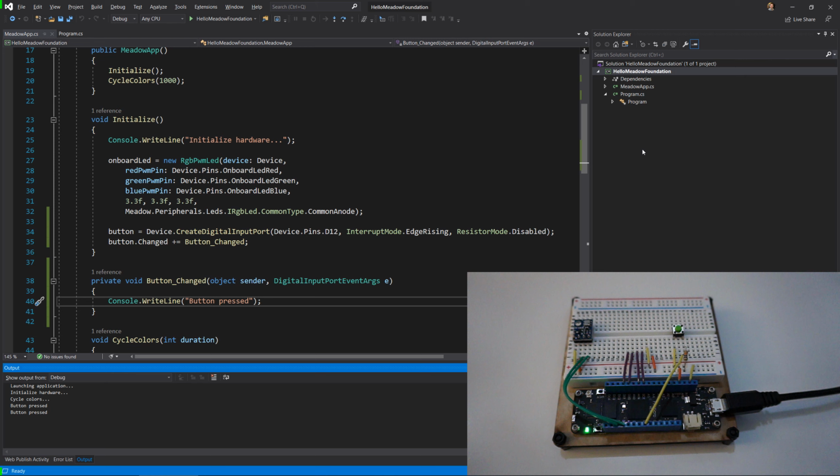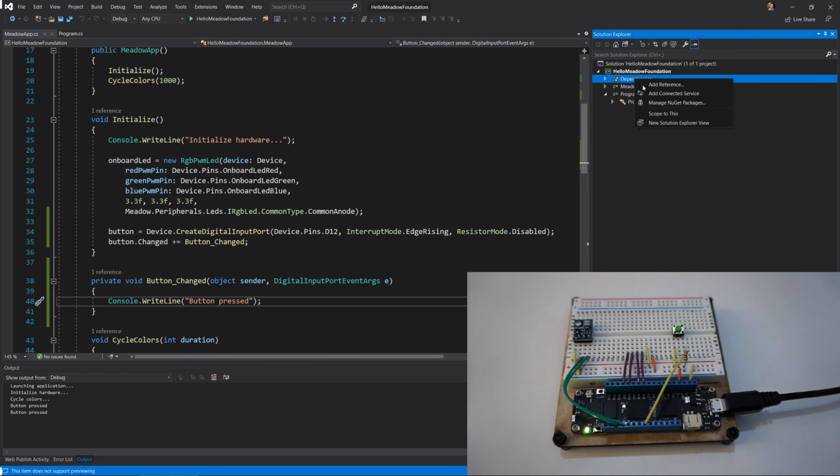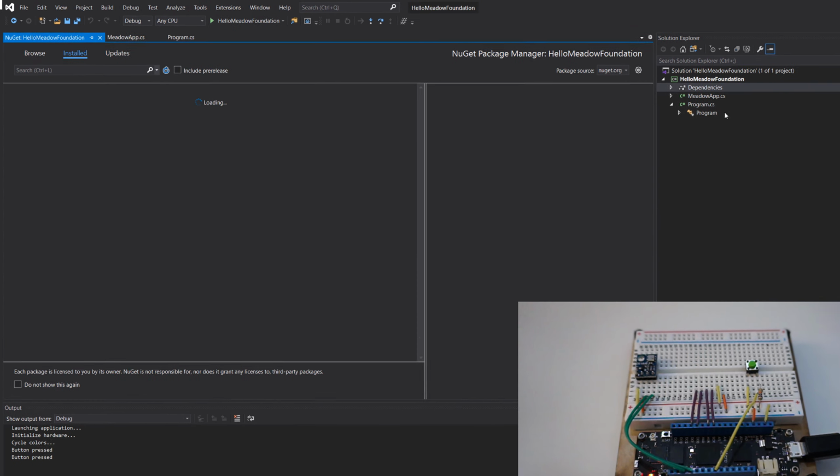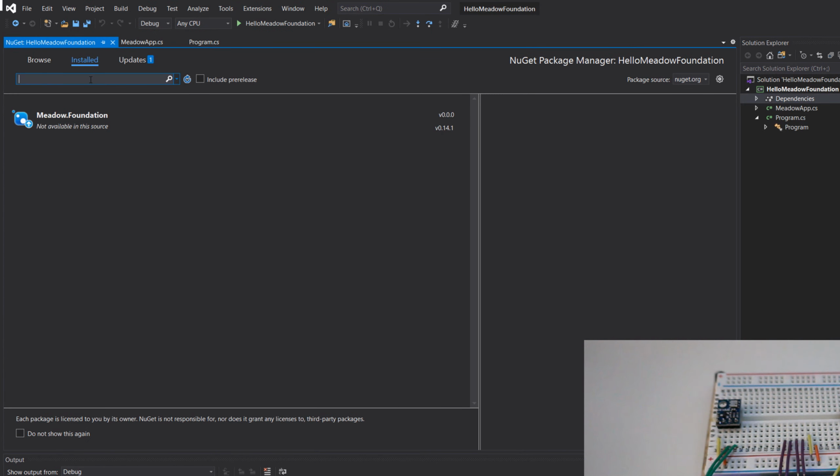All right, so what I was actually looking at was the documentation for Meadow Foundation. And Meadow Foundation is a collection of drivers that are distributed. They are open source, of course, and they're also distributed as NuGet packages. Because, hey, we're modern C# developers. So I'm going to right-click. I'm going to hit Manage NuGet Packages. And I am going to search for